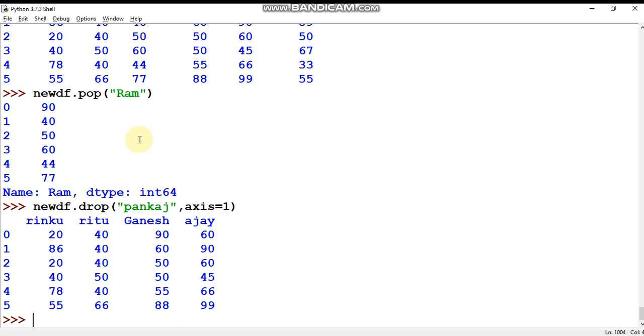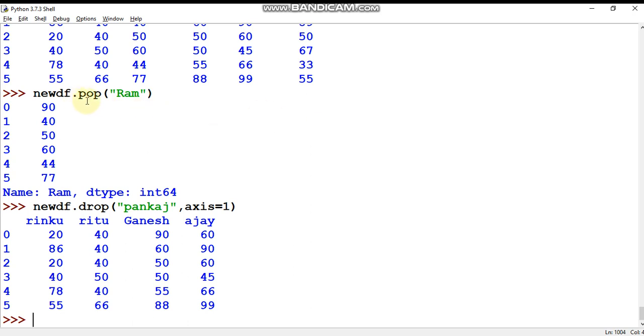One is the del keyword to delete a column from the data frame, another is the pop method for deleting a column in the data frame, and the next one is the drop method. When we are using the del keyword, remember del is not a method, del is a keyword. By using the del keyword, whatever column you want to delete you can delete, but after deleting that column it will not display.